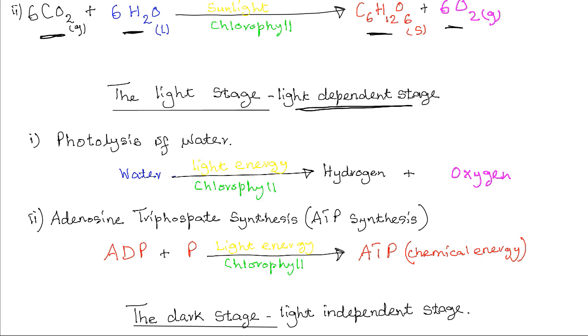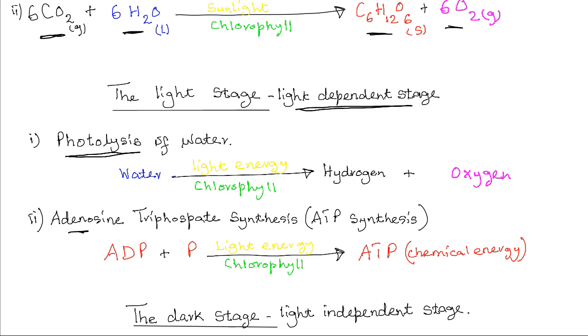This light stage involves 2 processes. The 2 processes are: 1. Photolysis of water, and 2. Synthesis of ATP molecules, that is, the adenosine triphosphate molecules. In the first process, that is photolysis of water,